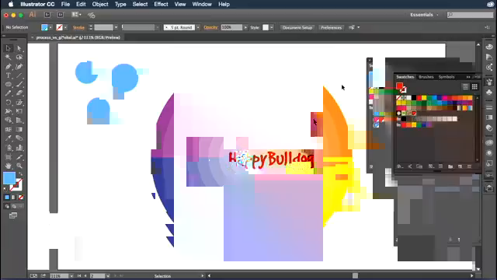Now you notice I didn't make the other 2 global swatches. I probably should have, and I can do that anytime I want by double-clicking them and assigning the global property. I assign the global property to these because if I'm going to be using this as a branding color group, it makes sense to keep everything consistent across the board. So if at any time the client comes back and says, you know what, we really don't like that gray, it needs to be darker, I can just double-click on this swatch, rework it one time, and everything in the